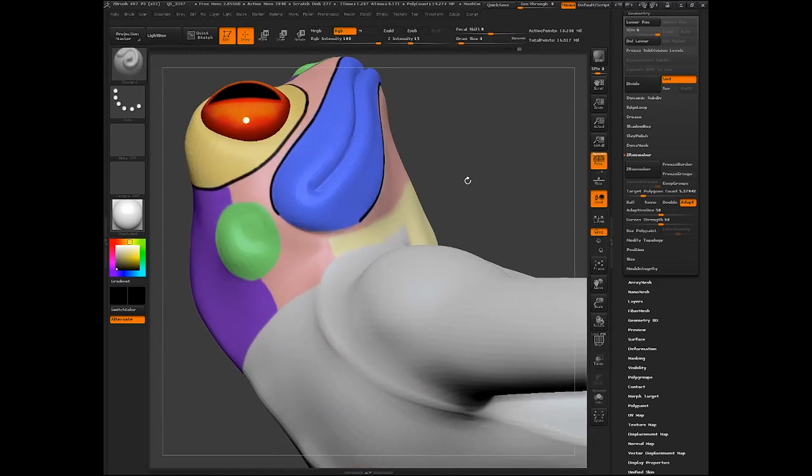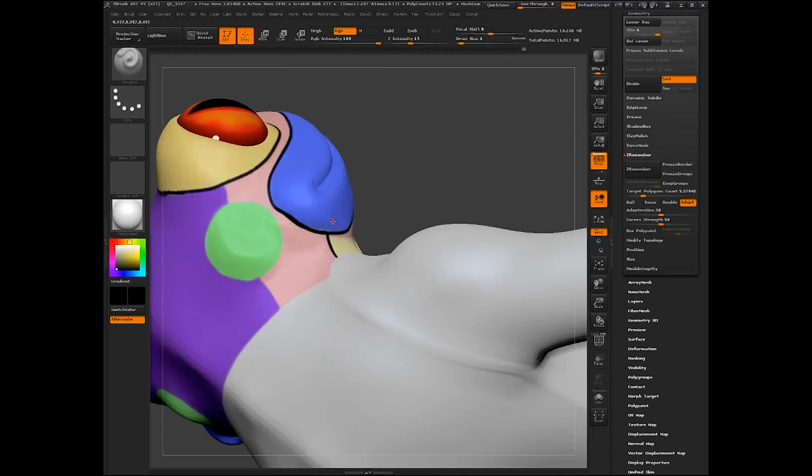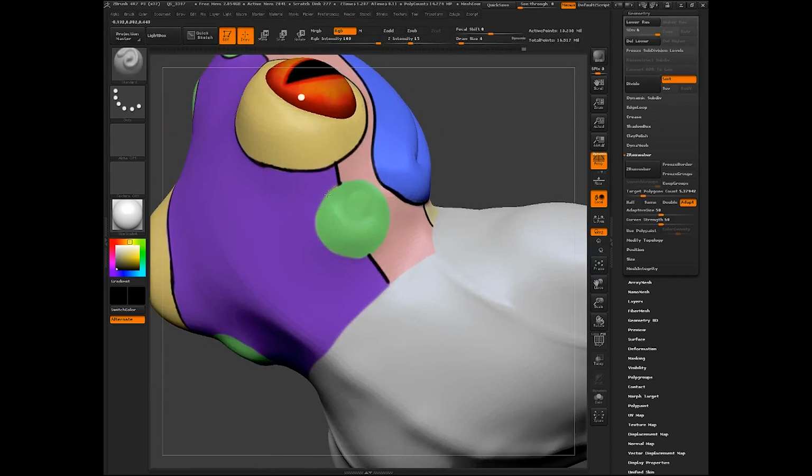So Lazy Smooth is basically how much averaging in that stroke occurs, so how much the stroke gets smoothed out. And lazy radius is how long that trail is behind the brush, and that distance of that trail is the distance where everything will be averaged.